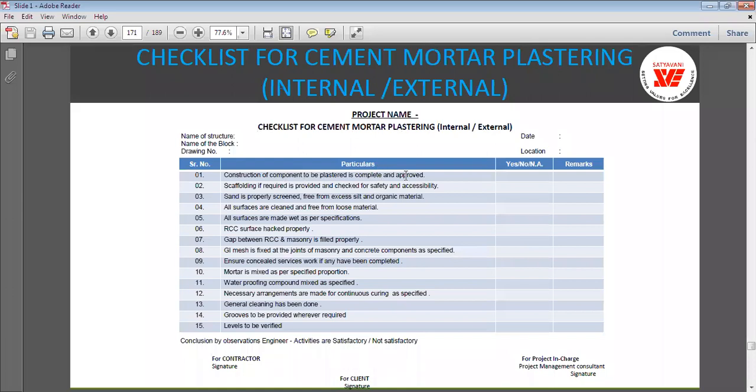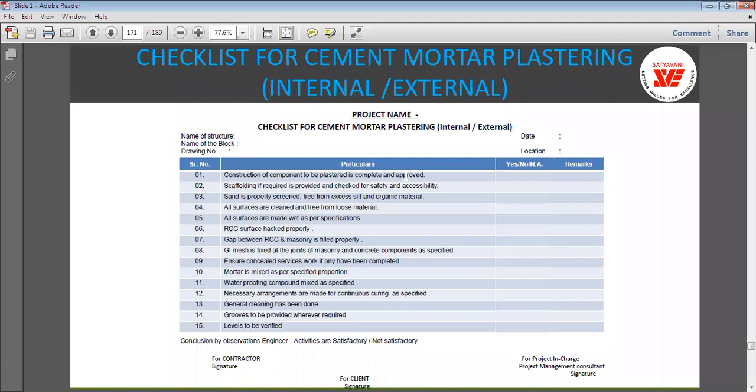Whatever the surface that you are going to plaster, whether it is an inside wall, interior portion of the wall, or exterior portion of the wall, the component to be plastered is completed and approved. Yes, it is completed and now it is ready that you can apply the plastering on this particular part. So you first need to get approval for that.